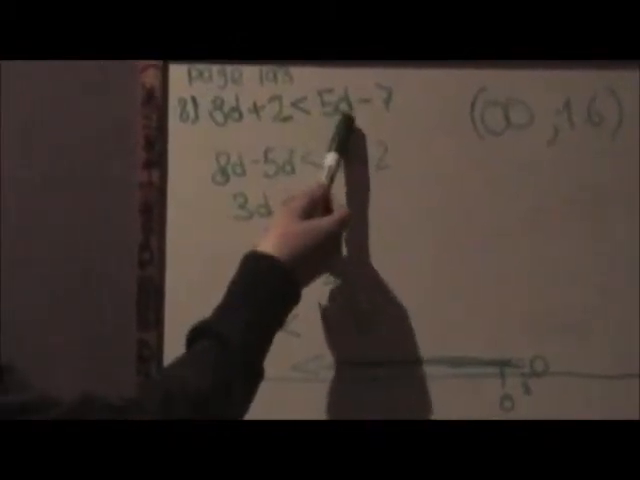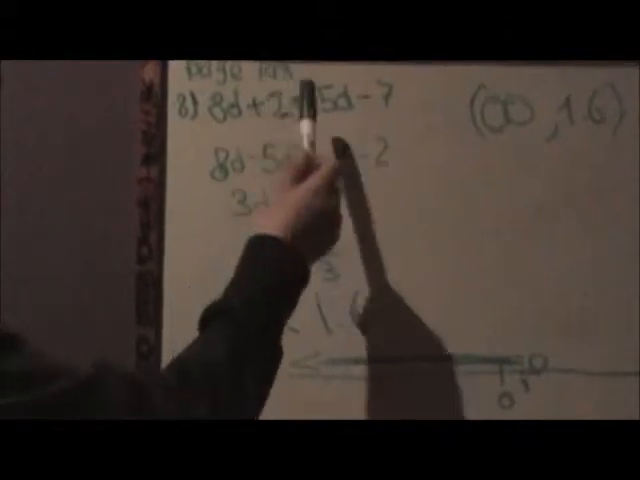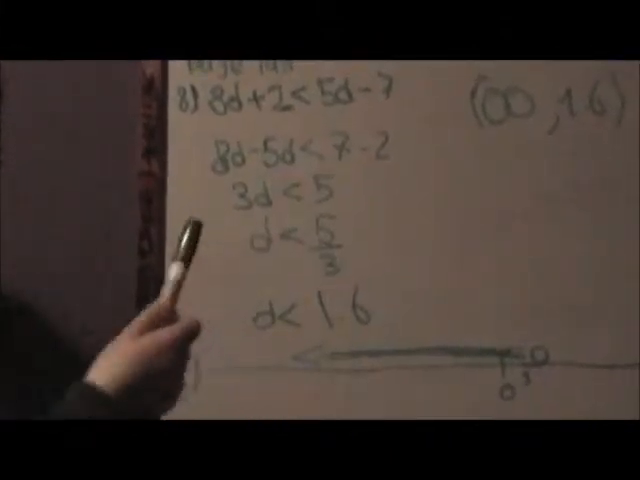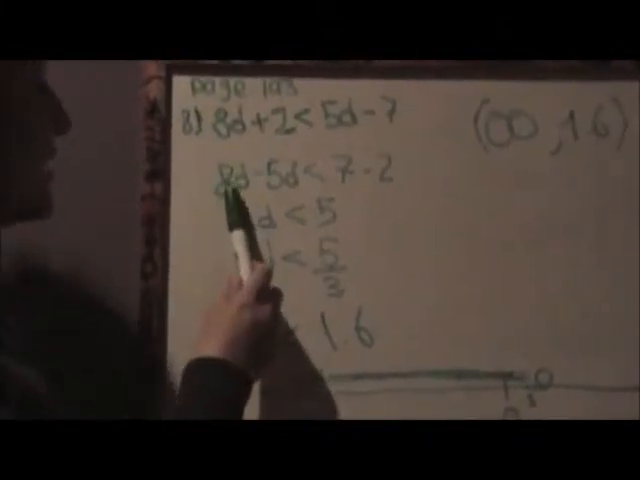As you know, we have to pass the variables to the left side and the numbers to the right side. So we have to pass 5d to the left side. Here it is positive, so it is going to be negative. So 8d - 5d